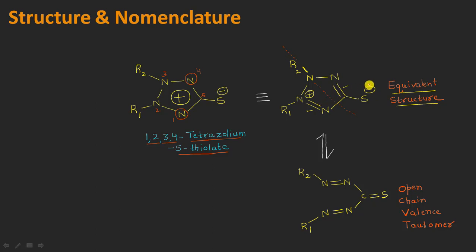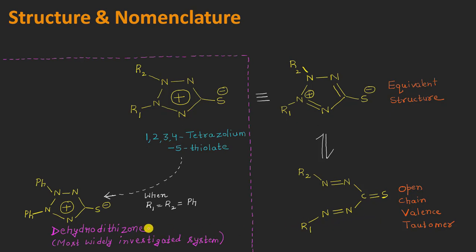And after that we can always go for drawing an open chain valence tautomer because it is a type B mesoionic molecule. And how can I do that? By simply shifting these electrons onto this side followed by shifting of these pi electrons to the nitrogen-nitrogen single bond, and finally cleaving this nitrogen-nitrogen single bond in this way, right? And what I will end up with will be this type of valence tautomer. And whatever chemical properties these type B mesoionic molecules exhibit, it will be through the agency of such valence tautomers, right?